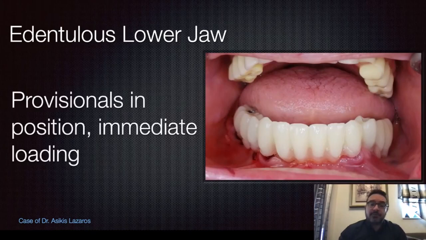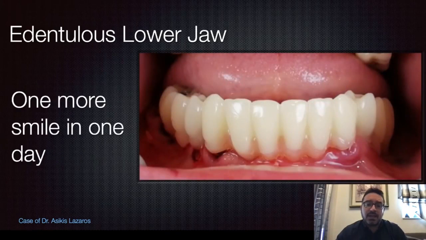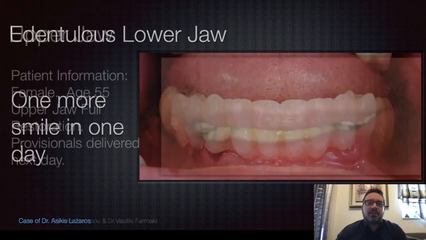And unfortunately, I don't have images from this surgical guide because Dr. Asikis Lazarus' assistant was not there to take some images. So I have only the final clinical image with the provisional in the mouth. And as you can see, it's a very good job. And the result is very good. The patient came without any teeth in the lower jaw, and he left after 2.5, 3 hours max with provisionals, and I think she was very happy.